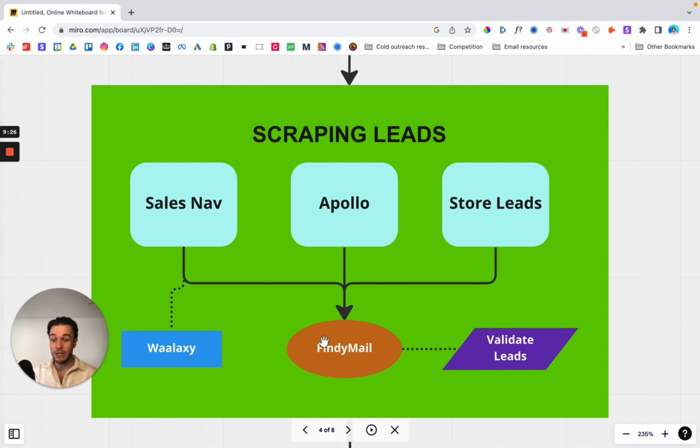Once you scrape these leads, Find Email does say that they're validated, but it's always good to validate your leads as well. So you can use things like Neverbounce, emaillistvalidation.com, because what you want to do is ensure that the emails that you've got in your list that you're sending to are valid, they're validated, and they're not going to bounce,